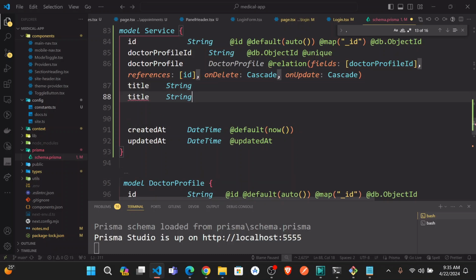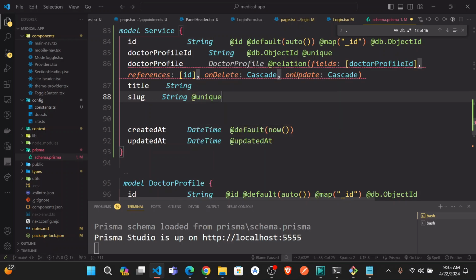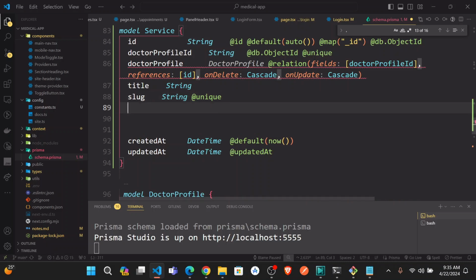It will have a slug, which is a string, and this one is going to have @unique. Okay, it will also have the image, so you can have image URL, which is going to be a string,